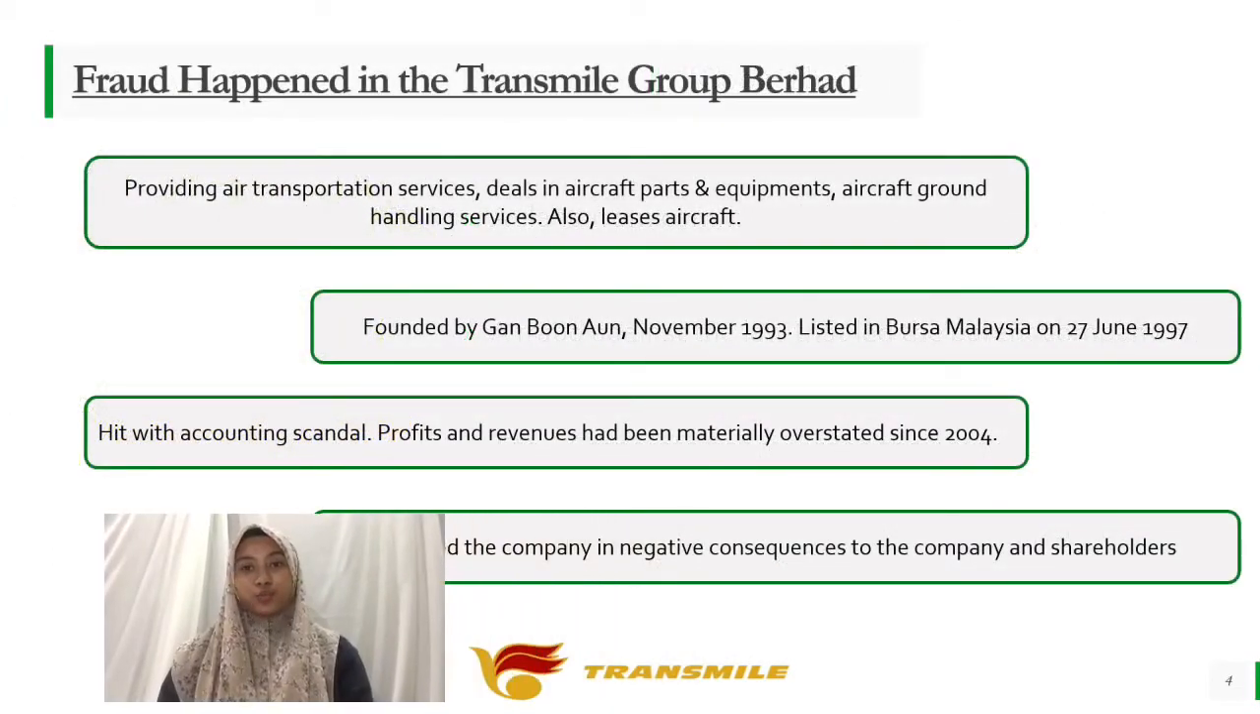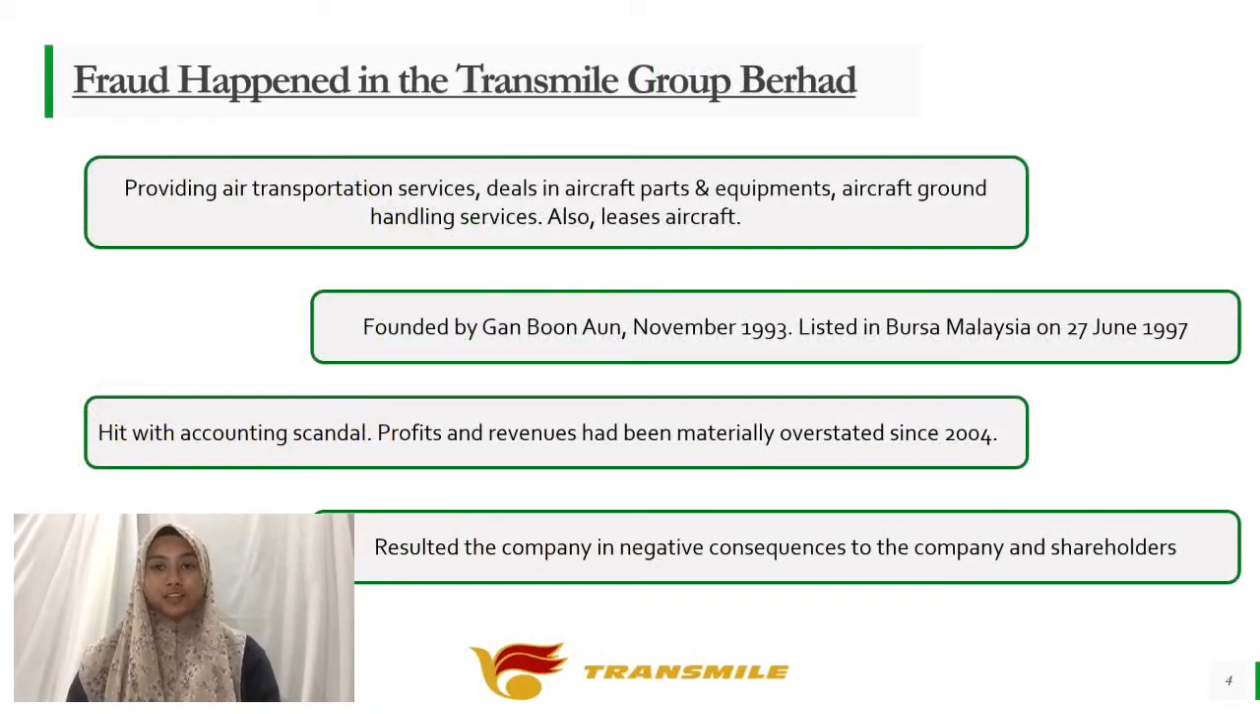So we continue with the fraud that happened in Transmile Group Berhad. Transmile Group Berhad is a company that provides air transportation services and deals in aircraft parts and equipment. They also provide aircraft engineering and line maintenance services and aircraft ground handling services. The company was founded by Gan Boon On in November 1993, and the company was listed on Bursa Malaysia Securities Berhad on